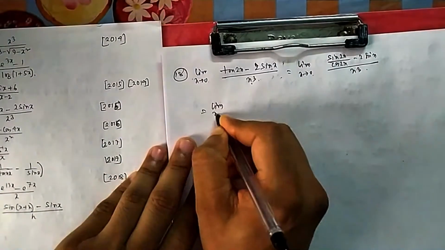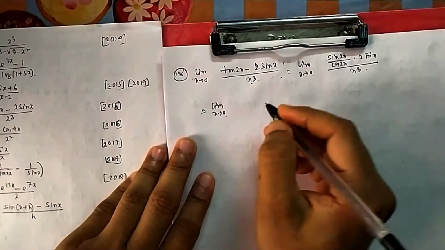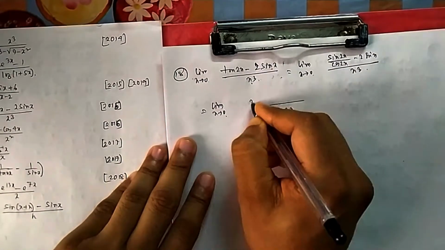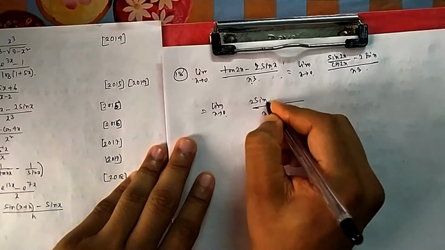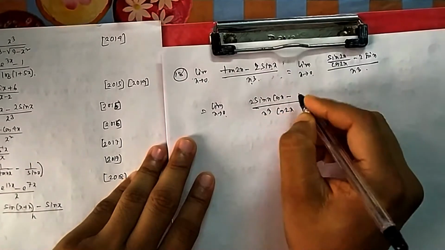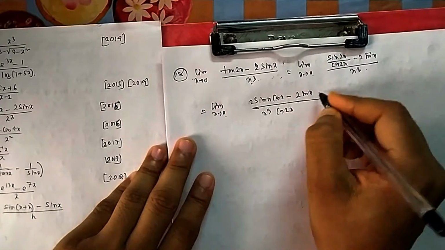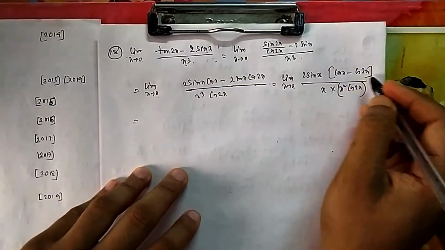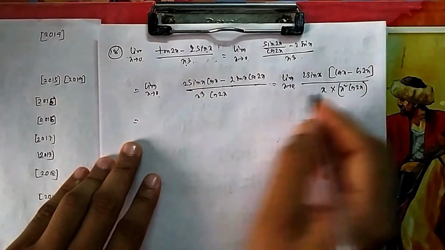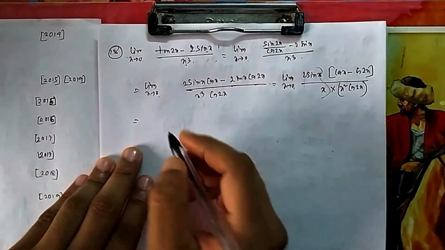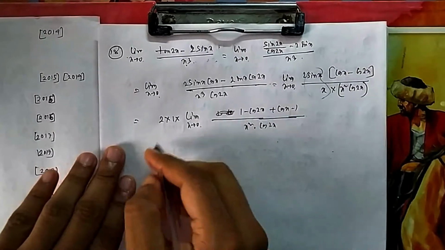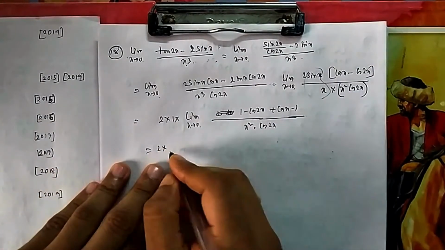Why am I doing so? Because I need to use all 3x. So if you take LCM, it will be x square into cos 2x, and in the numerator it will be sin 2x, which I am writing as 2 sin x cos x, and then minus 2 sin x into cos 2x. I have taken 2 sin x common. So 2 sin x by x will give me one formula, that is 1, so 2 into 1. This cos 2x also you can put a limit on and take this side, because that is also not creating any problem.